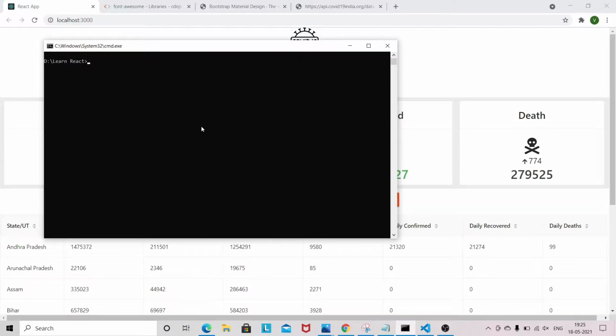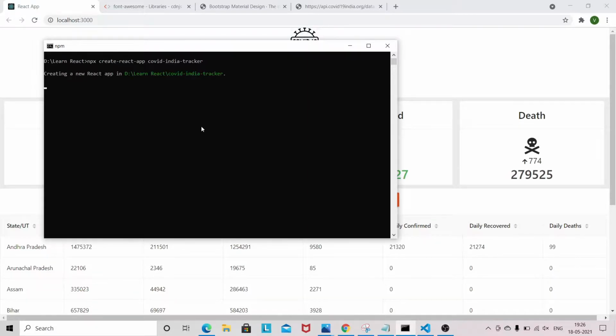So I will create a project here. So npx create-react-app, and the app name will be covid-india-tracker. Please create covid-india-tracker.